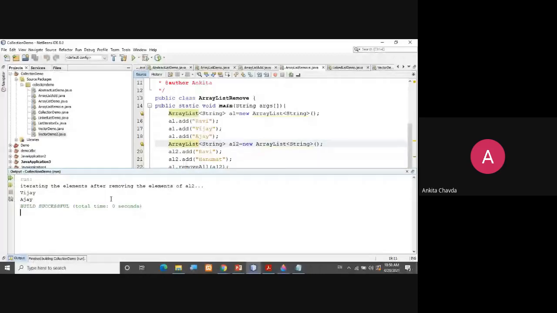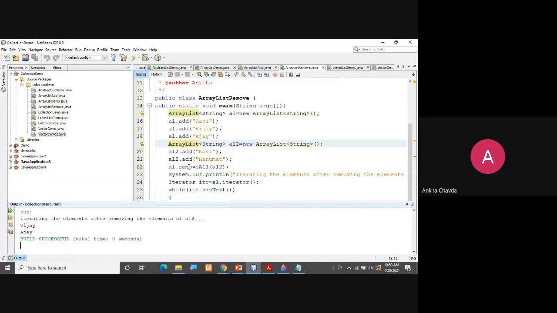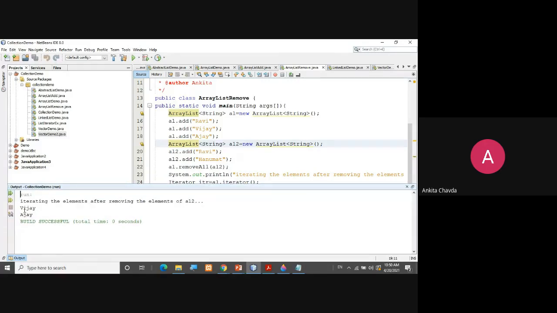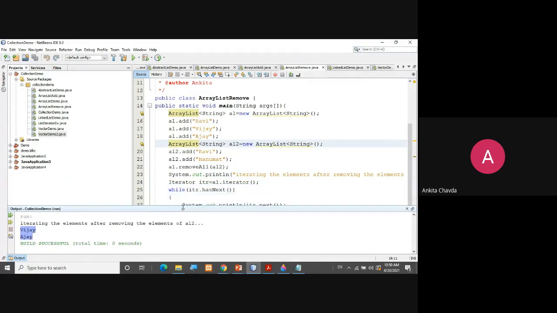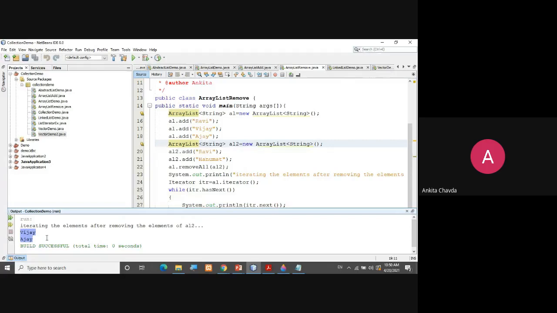Iterating the elements after removing the elements of al2, what I'm doing is removeAll(al2). Here we have Vijay and Ajay. So what will happen? Why are we getting such kind of output?